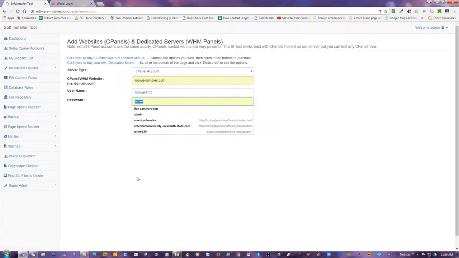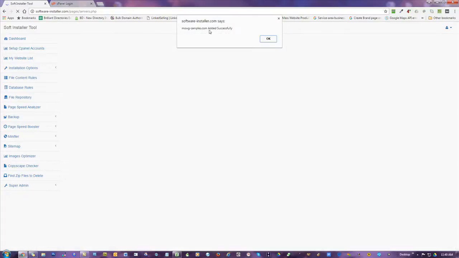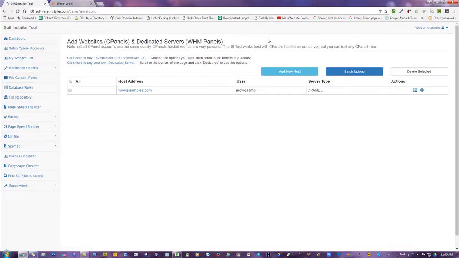Okay, so let me see if I remember what I put, because I put a temp password that I don't usually use for this account. Yep, added successfully, right? Okay. By the way, every time you see those little pop-ups and you see that OK button,